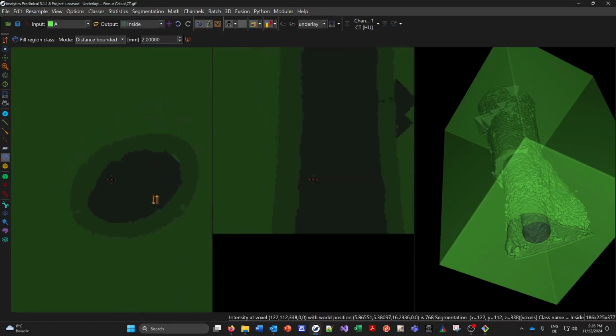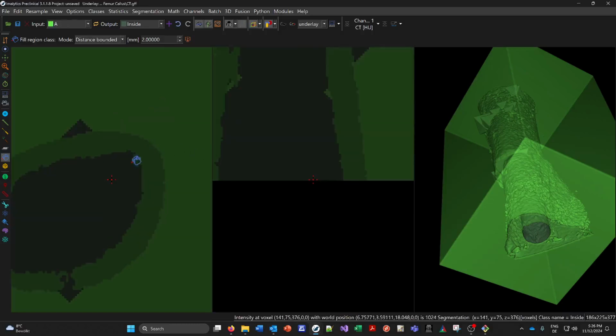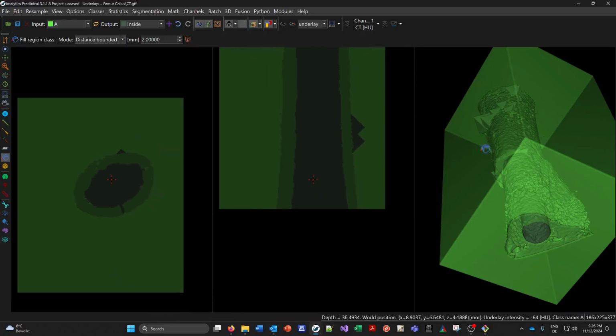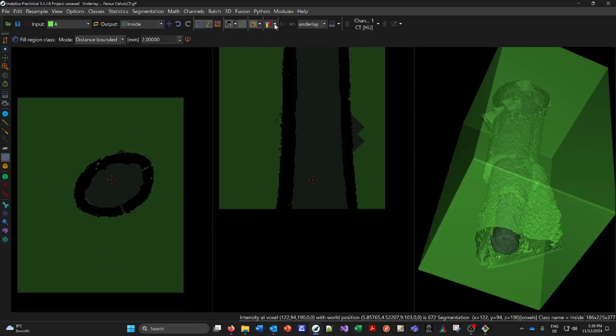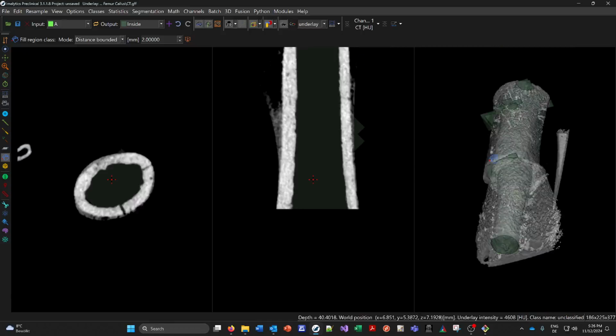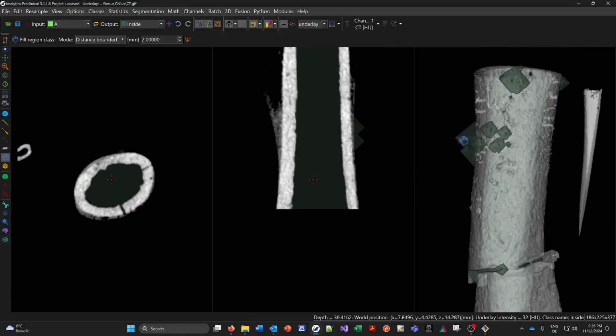So you can go step by step, perform your segmentation, and then hide the outside class. And now you could cut away these green guys here that